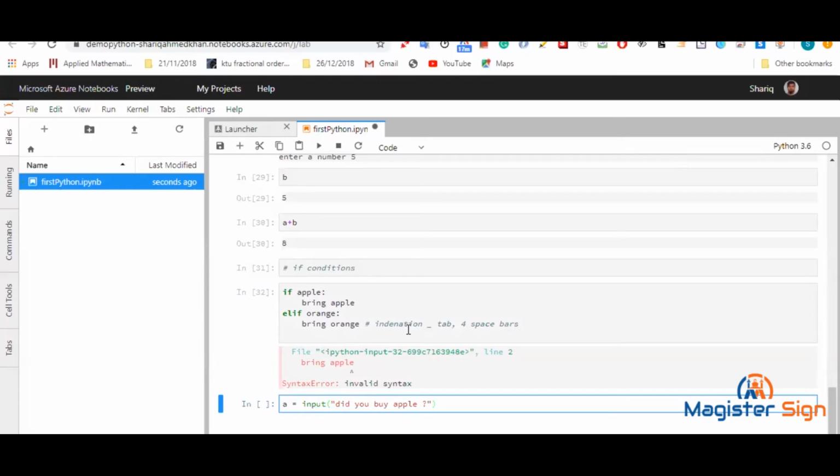So this is a kind of question, since it's an input, and your response naturally will be yes or no. So we can understand that we don't need any kind of typecasting. So here it will be like, did you buy an apple? So we're gonna say if a equals, since it's gonna be a